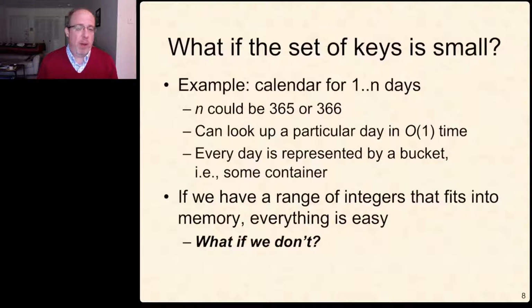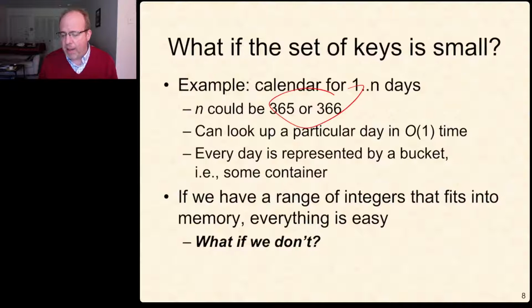So how do we build this? Well, the easy way is if the set of keys are really small. Because if the set of keys are really small, we can just have a vector of pairs. So for example, if we had a calendar and we wanted to represent a year, just 1 year out of a calendar, well, it's 366 days if it's a leap year, 365 days if it's not. That's pretty small. We could just have a vector that has 366 entries where each entry was a pair and